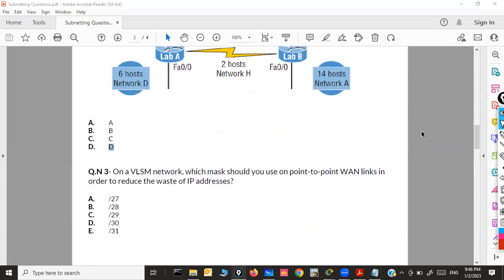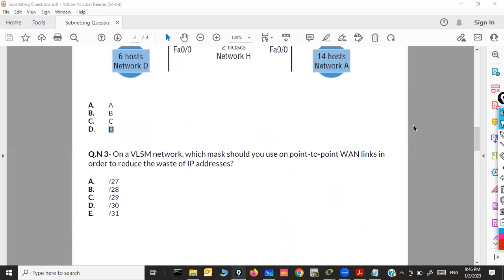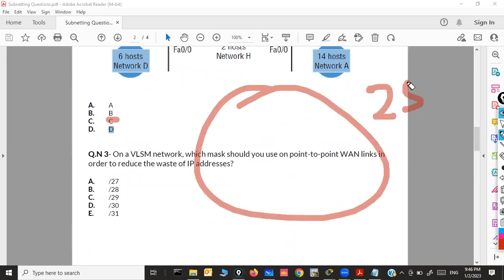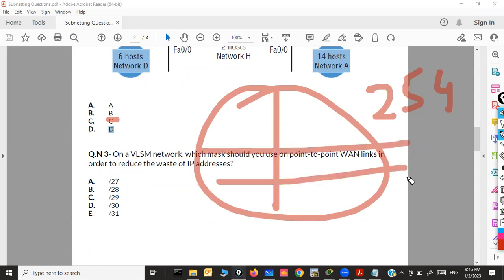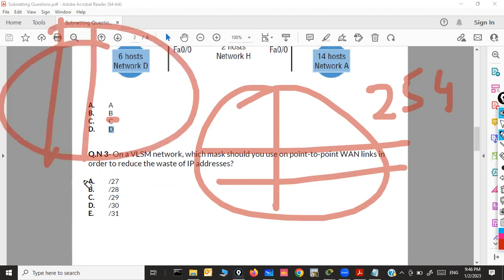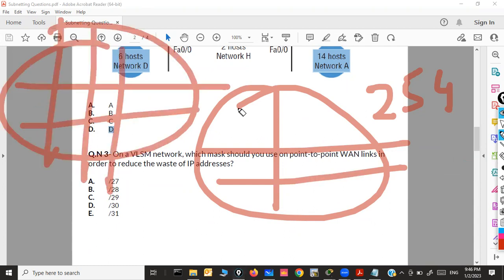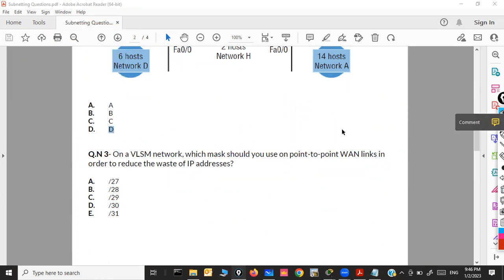So it's not a very tricky one, and not something which requires a lot of computation. In a simple way, you can answer this type of question: I would definitely prefer class C, because class C is already the smallest network, with 254 usable IPs. So it's better to take class C and then do further subnetting. Because if we take class A or class B, it's a very large network, and then unnecessarily a lot of subnets would be created. So we would not be interested in that. So not a very tricky one.